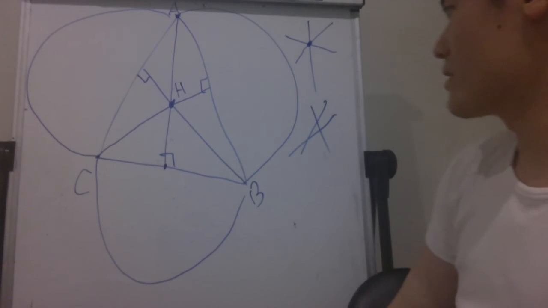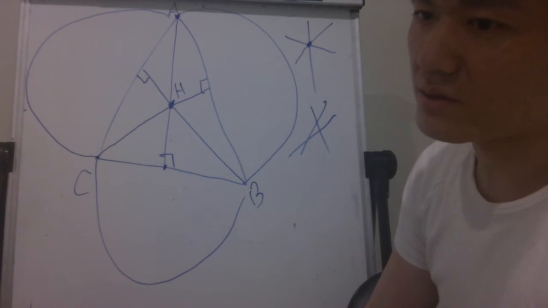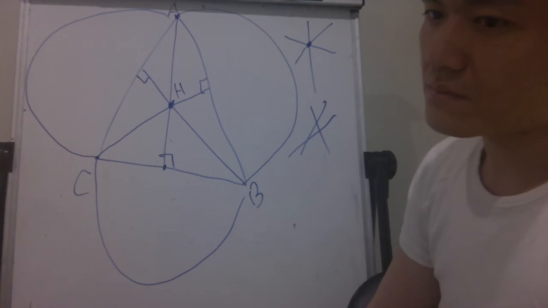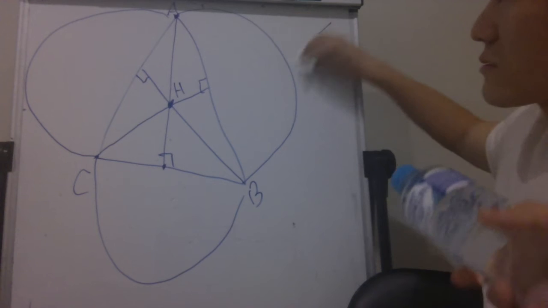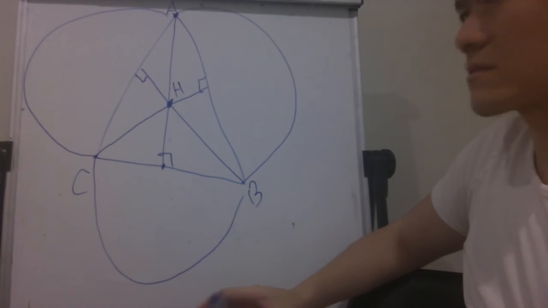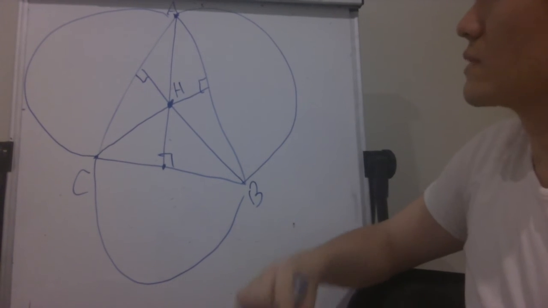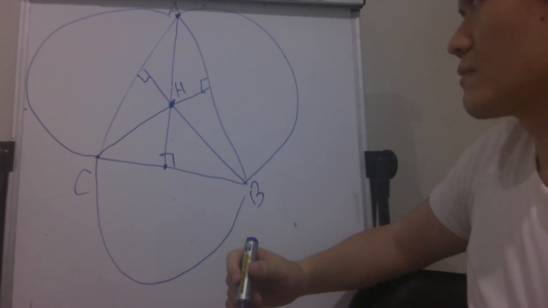Okay, while we're here, maybe we can do some more observations. Wait, so how do you prove that the base is also on the radical axis? Oh, okay. It just doesn't look like it. So this is 90 degrees, and also the base has to be inside both circles.